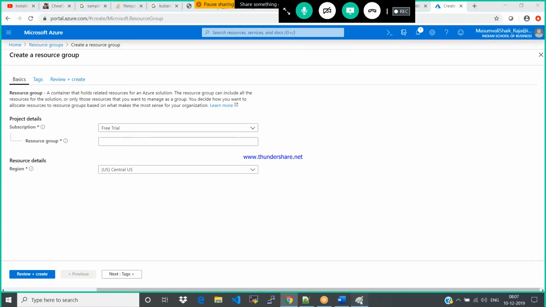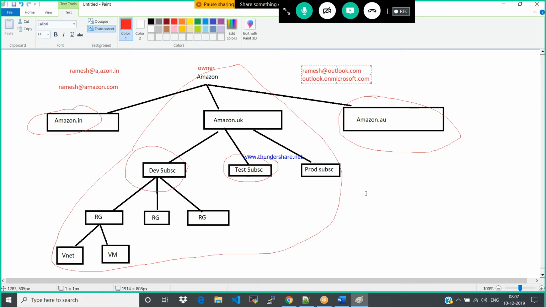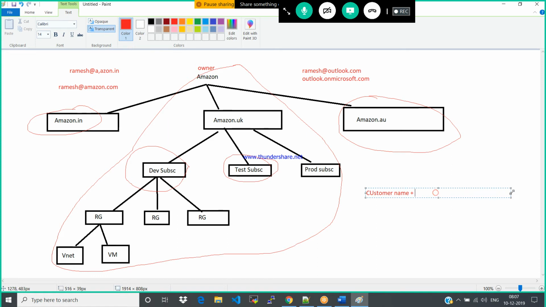The standards look like this. Okay. Customer name. Okay. Customer name is the first priority.